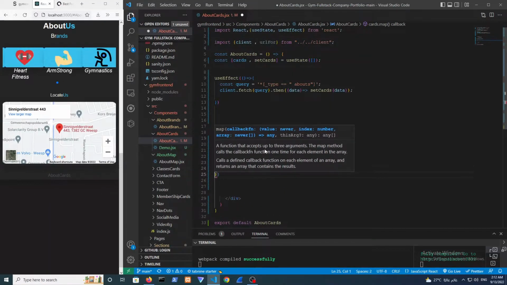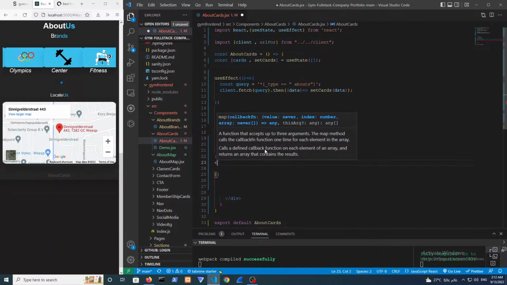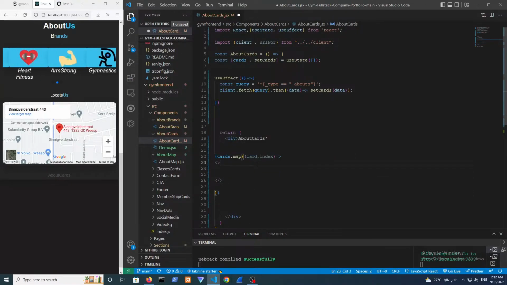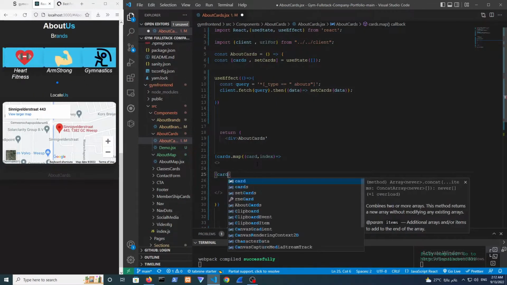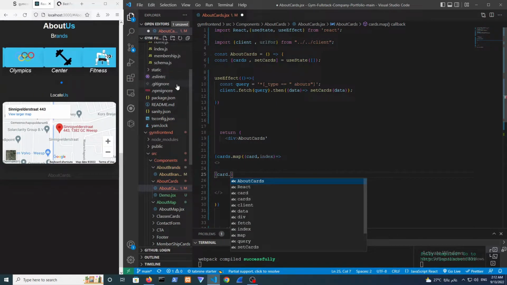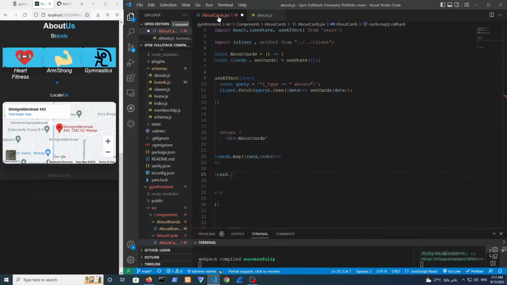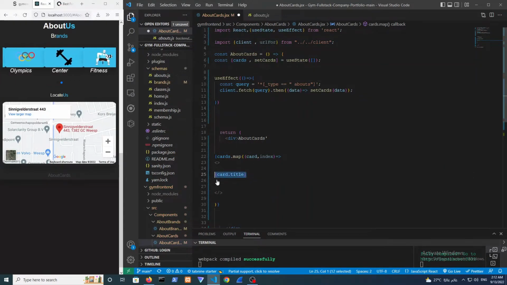And let's open up an empty fragment for now. We're going to remove that, but I just want to show you that we got everything from the back end. So card, and then let's go to our abouts. So card.title, card.description, and card.image. So card.title, and another one,